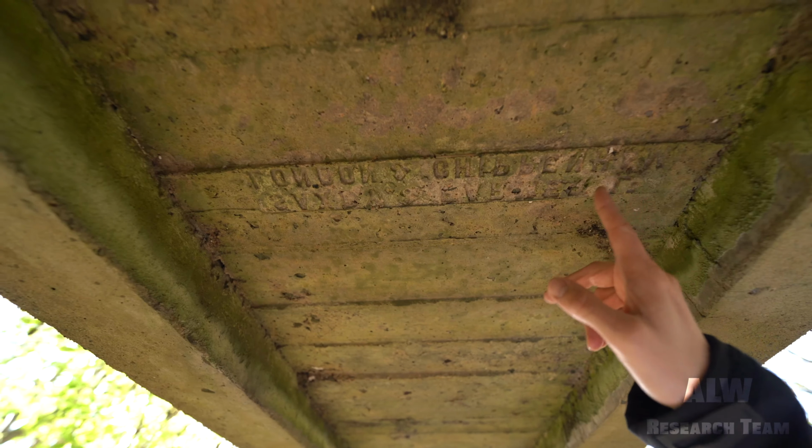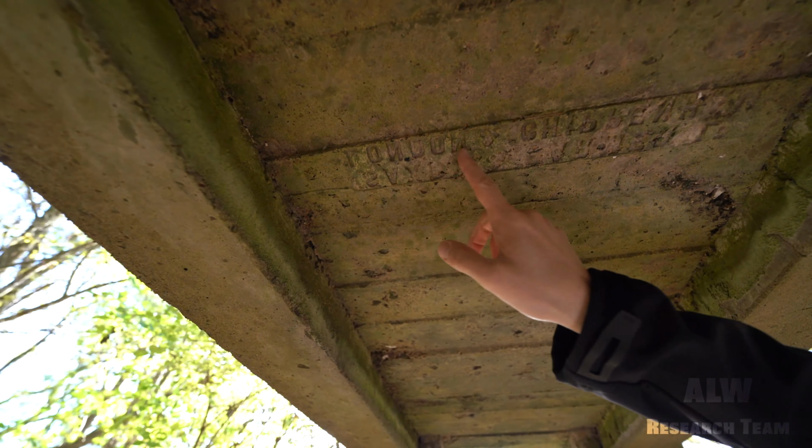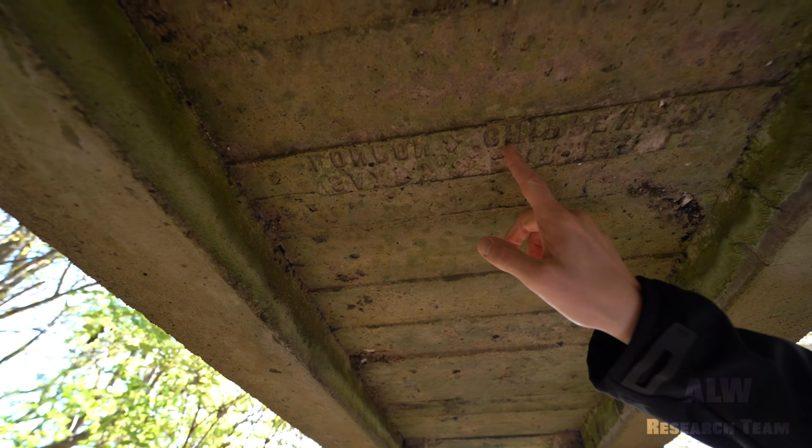As these signal boxes were often located in very remote areas without power or running water, catch drains were often fitted for collection of rainwater. We can see on the fence line down there British Rail marker posts, and then here in this cast on site shuttered concrete there is the mirror image of what says London and Chippenham